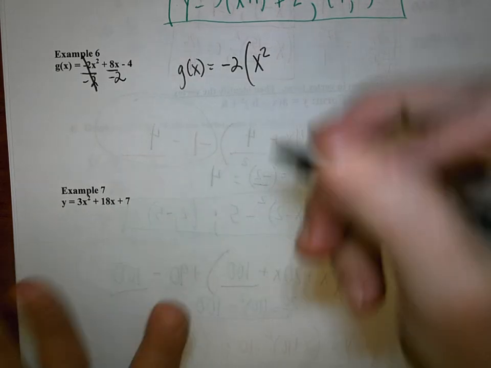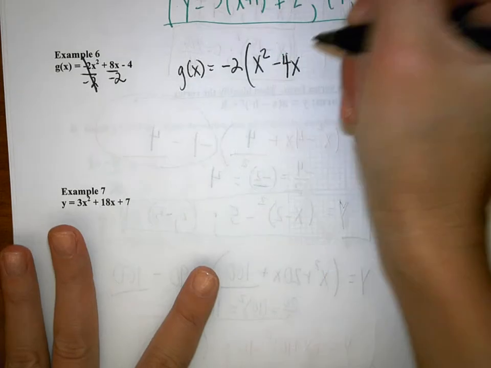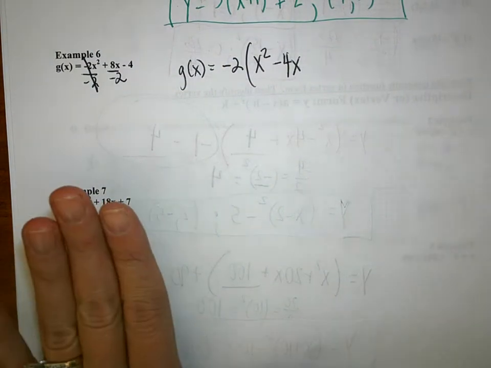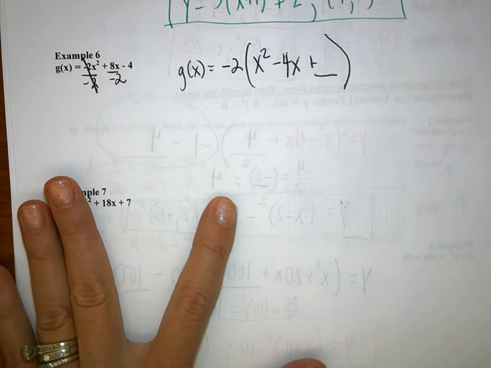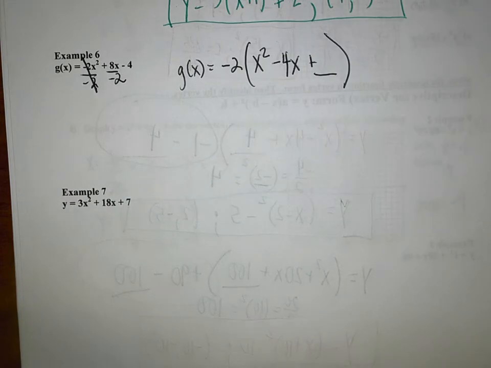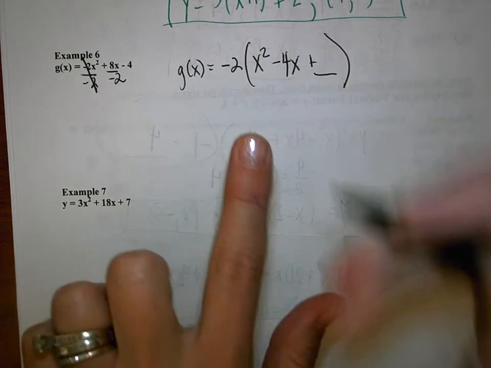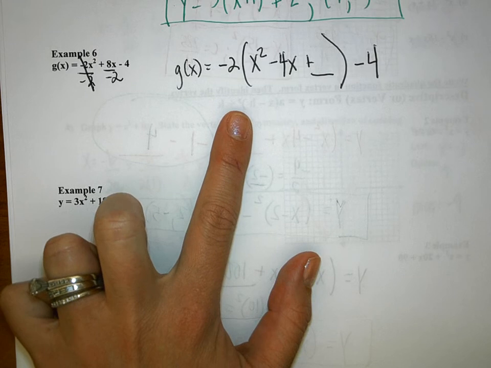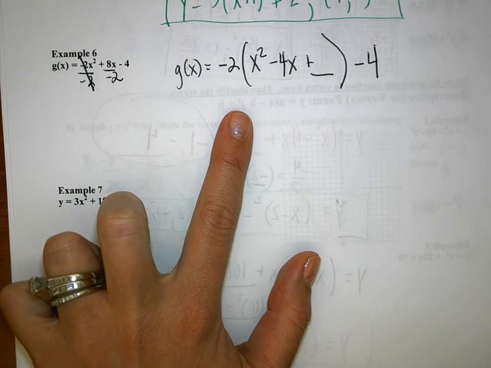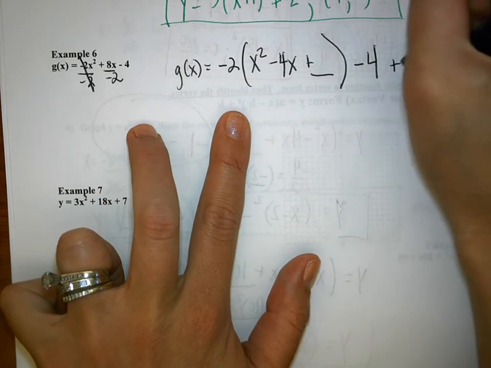Good. You get a -4x. And then we have our, what comes after that? Plus blank. Close our parenthesis. And then who can tell me what is going to go, actually I'm going to pull a popsicle stick. What goes at the end? Okay, Nathan, what's going to happen there at the end? We're going to have -4, okay, and then what? Good. +2 times our